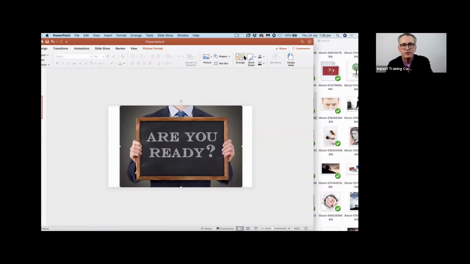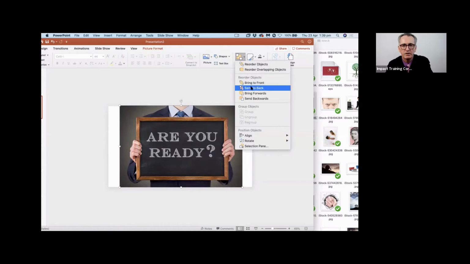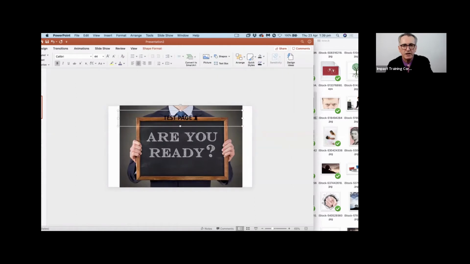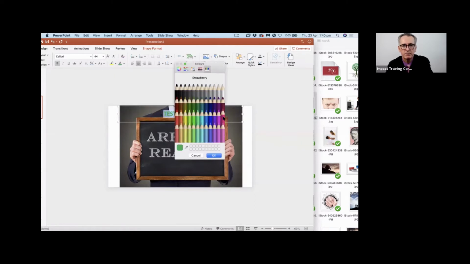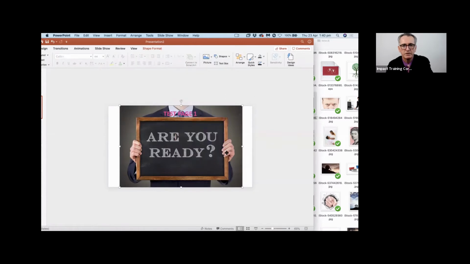Now if I want to put it to the back, I want to have my page there. I'll change the text, make that white. Might move that up a little bit. Okay, not a good color. Change the color to maybe green, even worse. Go to the template here. Let's go a little pink, that usually wins. All right, looks a bit better.